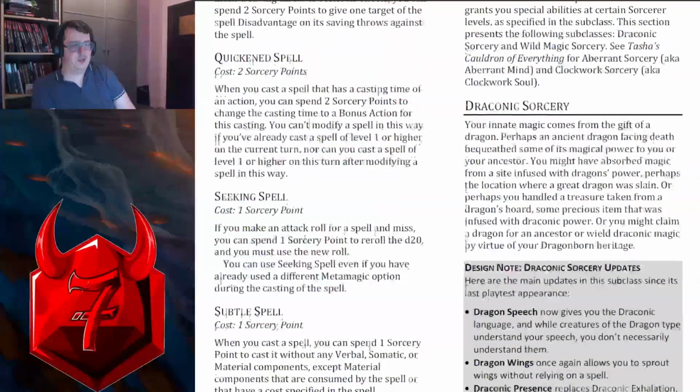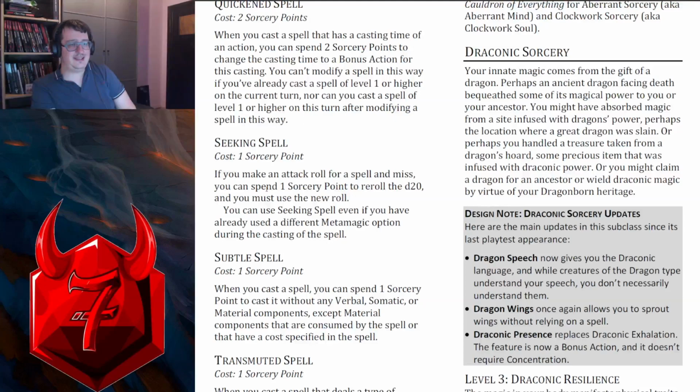Oh well. Seeking spell now costs 1 sorcery point, which I think is fine. Here's the thing, right? I think attack rolls for a spell don't happen that often. They really don't. You have Scorching Ray, you have...